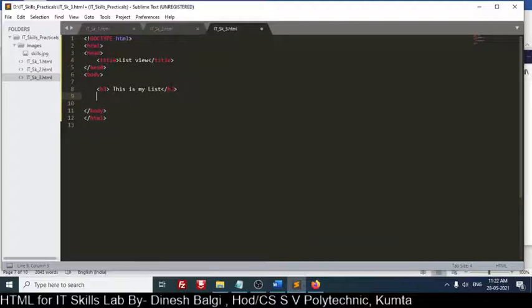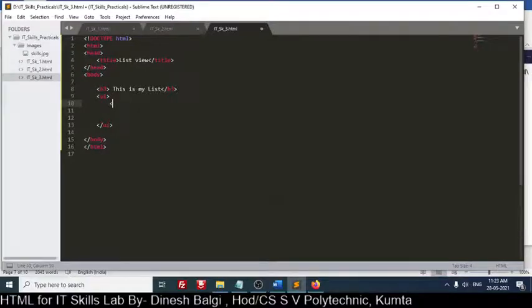See, for an unordered list I will use UL. So I can get an unordered list. I'll select UL, so I'm getting a closing tag also. So the UL tag is used for creating the unordered list.